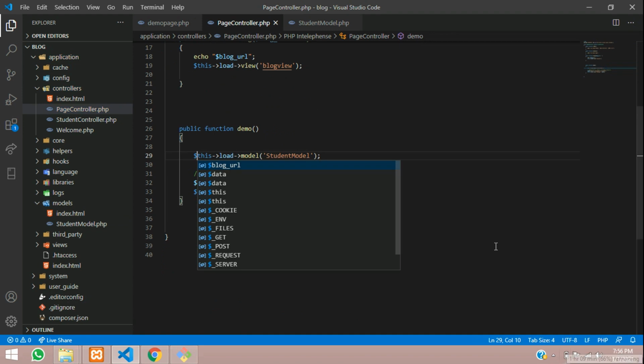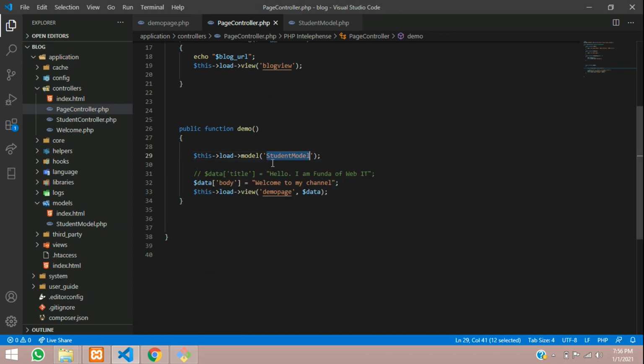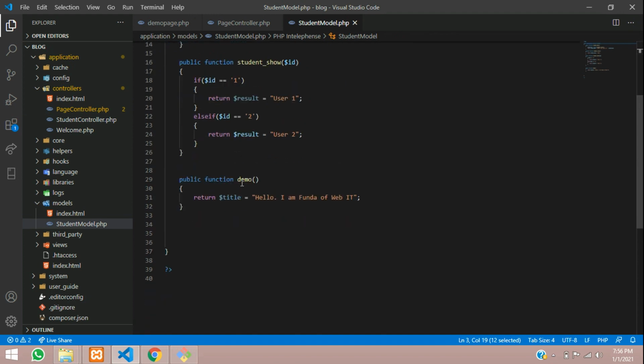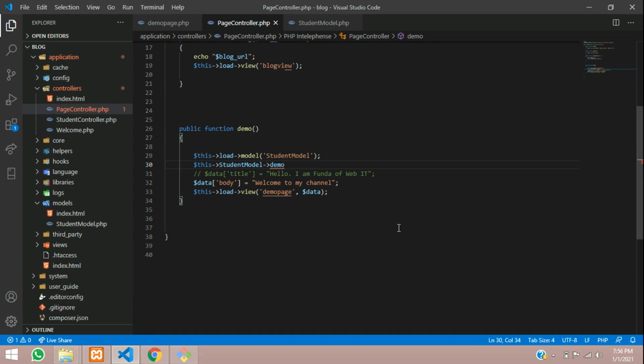Inside this model, I want to load the function of it. So how can you load that? $this of your model, student model, where inside this is your object now. Now we will call the function of it. What function did we create? The demo function. Let's copy this demo function, paste and call it with open bracket and close bracket.